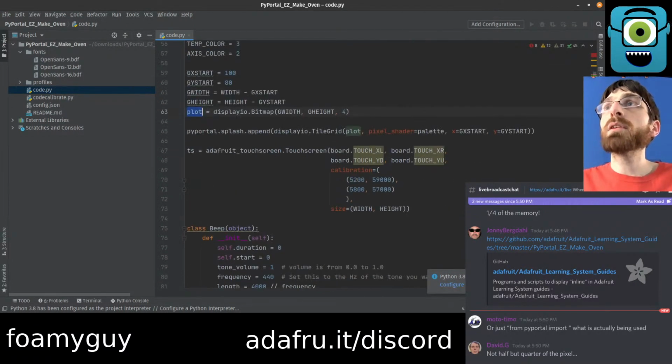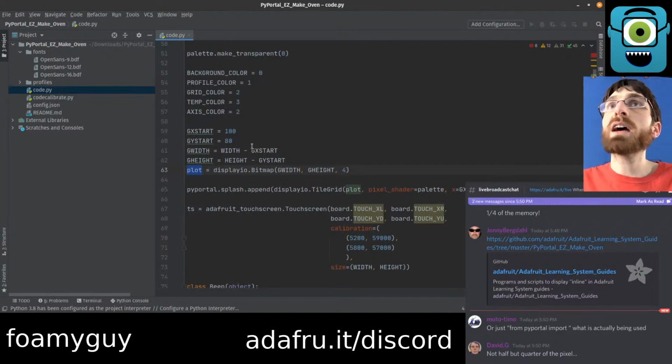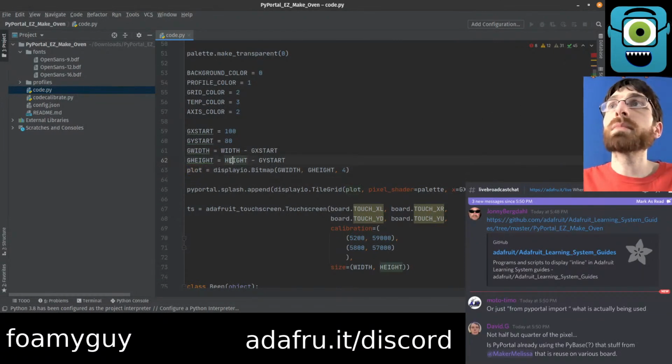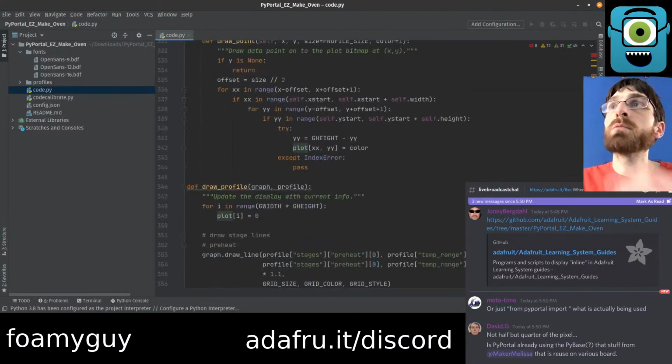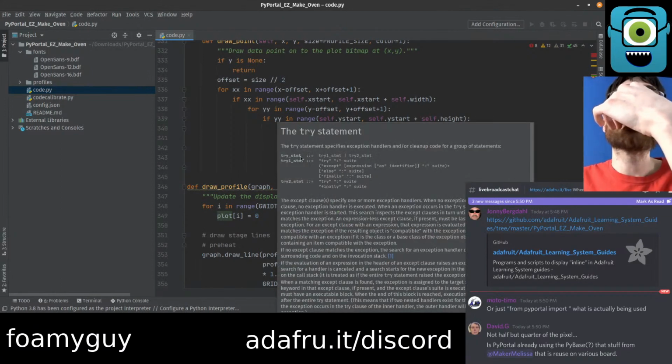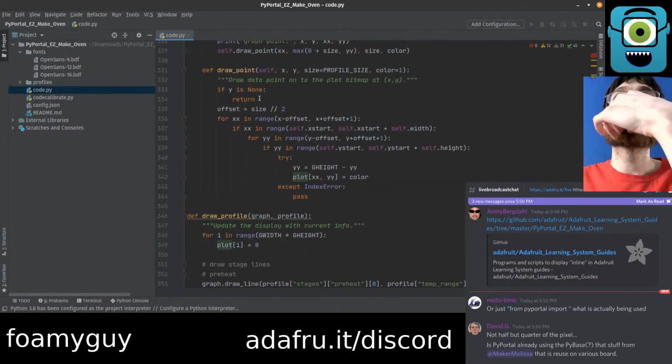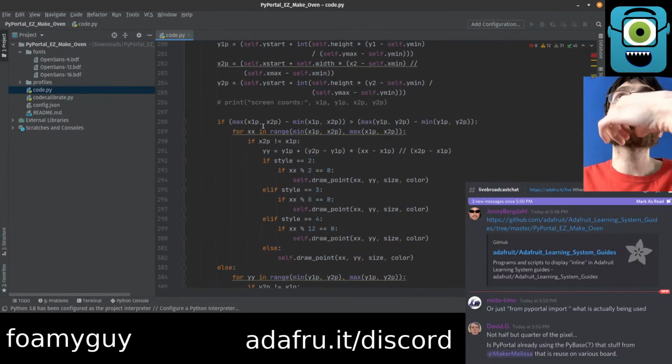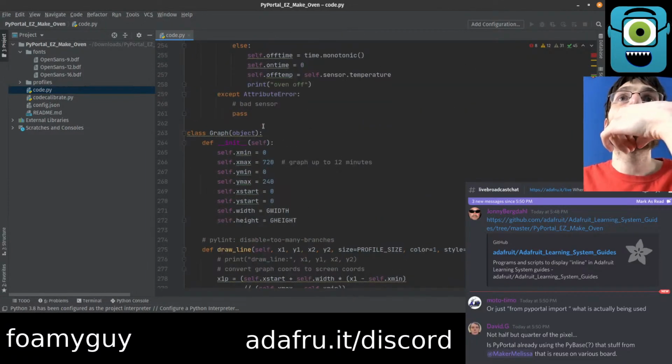So yeah, in PyCharm you can see on the side over here it highlights the usages. So when I click on plot, a few of these little highlights change, and that's telling me where the usages of this variable are. So inside draw point, which is inside graph,